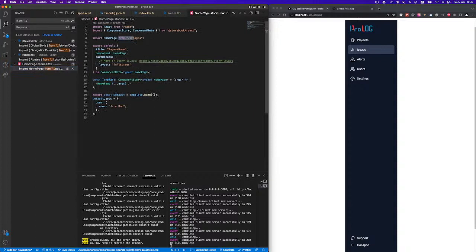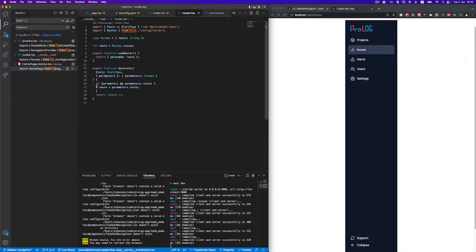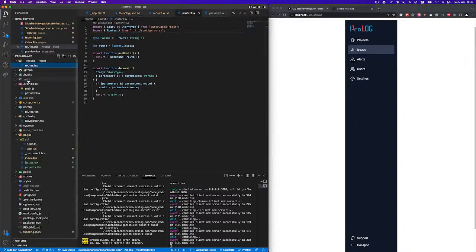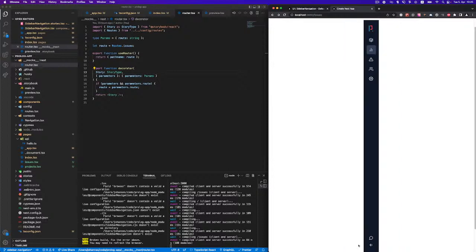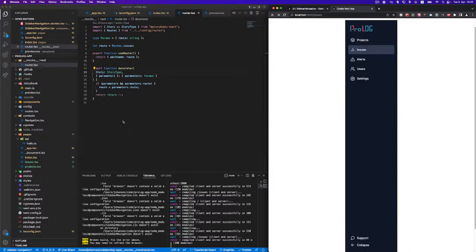And then homepage stories, yeah, I don't care. So let's see if everything is working in the Next.js app. Seems to be. Okay. And